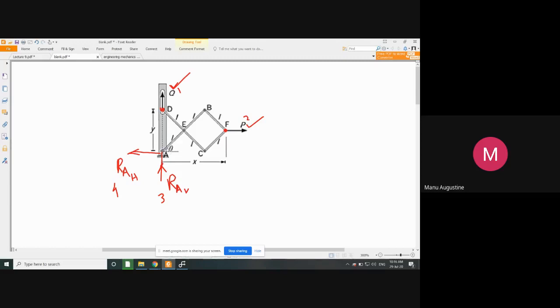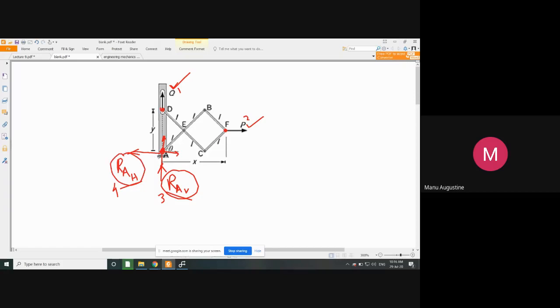Now look at the forces RAH and RAV. Are they capable of producing motion? No. Because this is a pin joint, this joint cannot move either in the forward upward direction or forward horizontal direction. It cannot move. So since the motion of point A itself is restricted, and although there are forces acting at point A